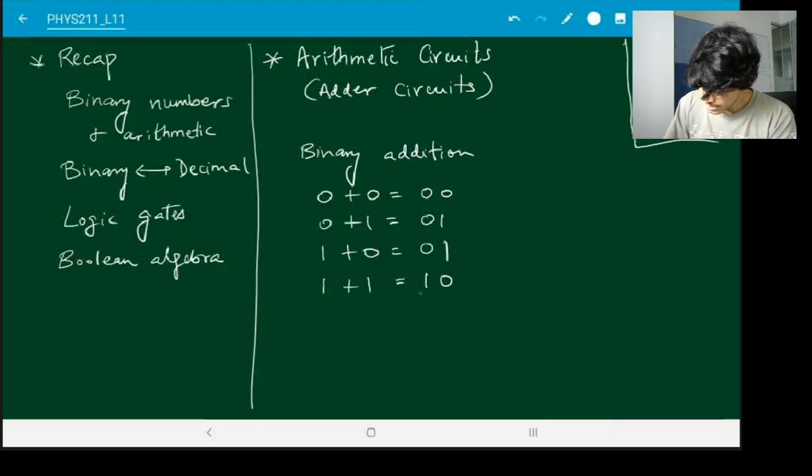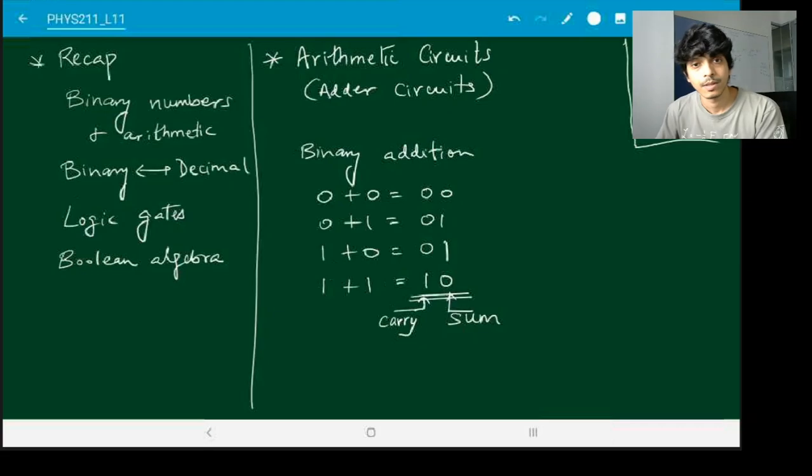So this is what my addition looks like. Now you will see that the result of the addition has 2 digits. The last digit, the least significant digit, is called the sum. And this other one is called the carry, because it's like what you carry over to the previous column.